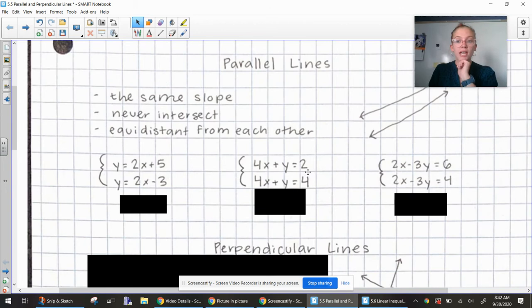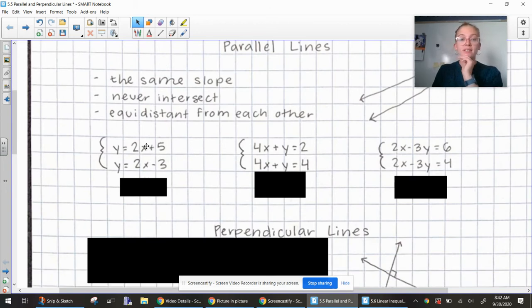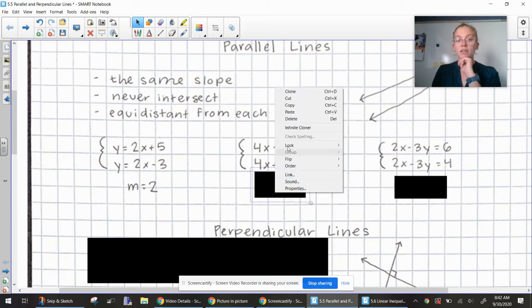Next, let's look at some examples of parallel lines. Here we have y equals 2x plus 5 and y equals 2x minus 3. These both have a slope of 2, so we know that they're parallel. Here we have 4x plus y equals 2 and 4x plus y equals 4. Well, if I solve for these equations in slope-intercept form by subtracting 4x from both sides, they would have the